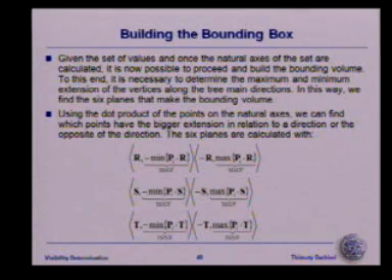If L scalar Q is lesser than 0, then it means that Q is on the negative side of L, which means outside the volume. Why? Because all my planes are pointing towards the inside. So once you know the planes,